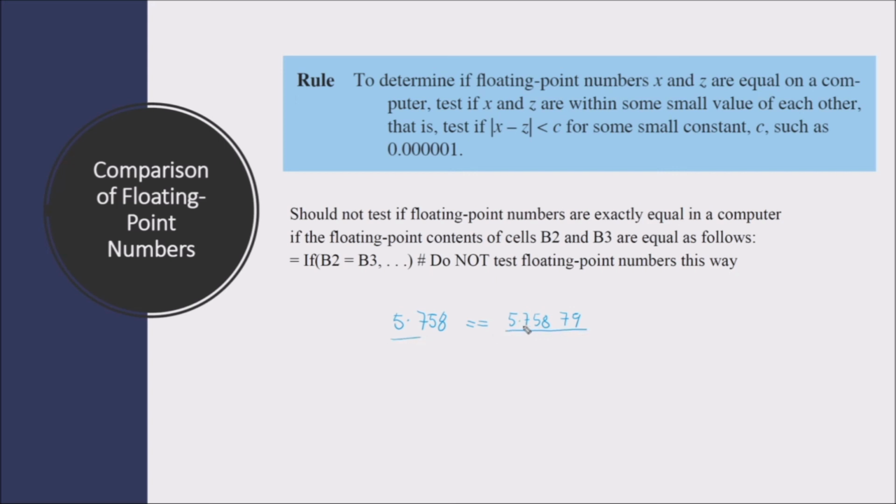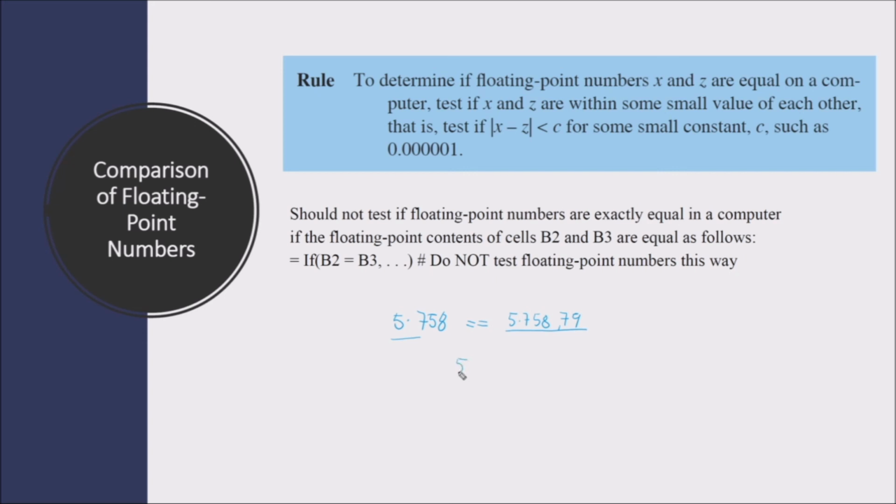Why? Obviously you know that, right? This one has some additional value here, this one doesn't. So whenever you have something to compare like this, it is not a good way to do it, especially when it comes to floating point numbers. So what you should do when you have floating point numbers, how you should compare these two, is get